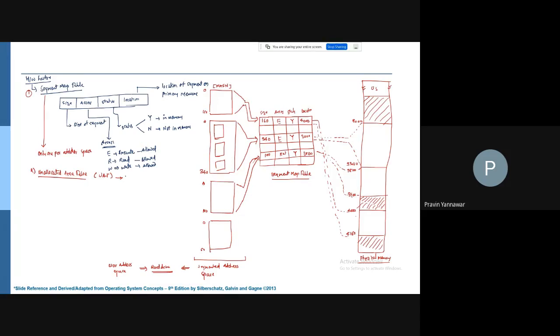This is one per system, and this is one per address space. This is important. Now, third, you can have the active reference table. This is one per address space.